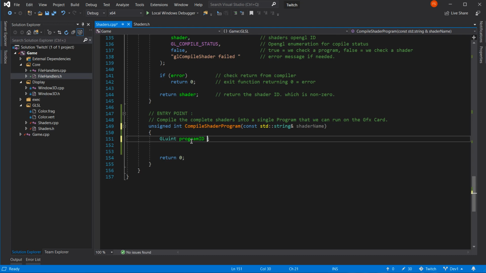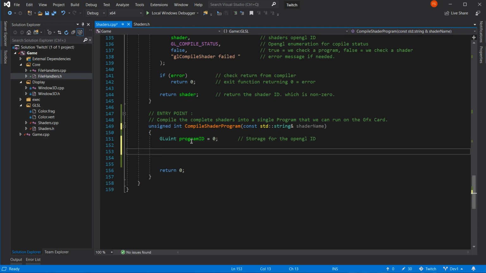So it equals 0. Yeah, go on. We'll put it equal to 0. So that's storage for the GFX card. No. For the OpenGL ID identifier.